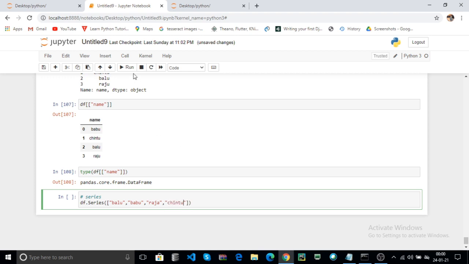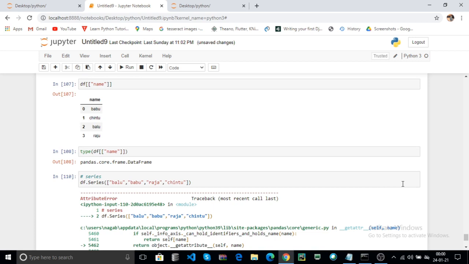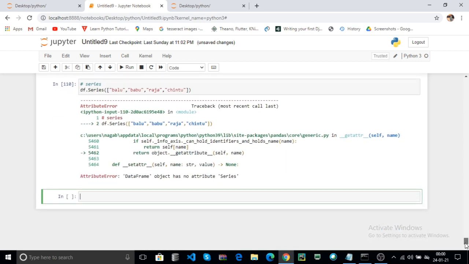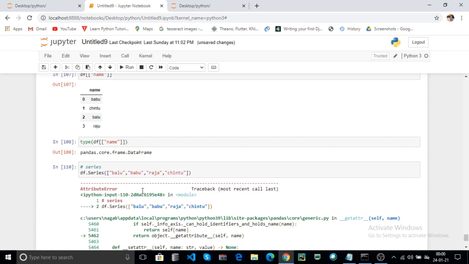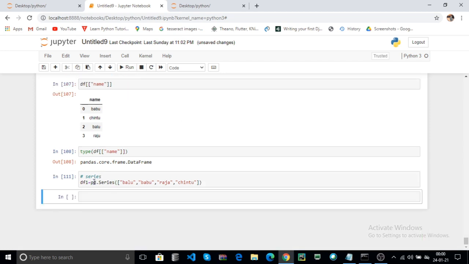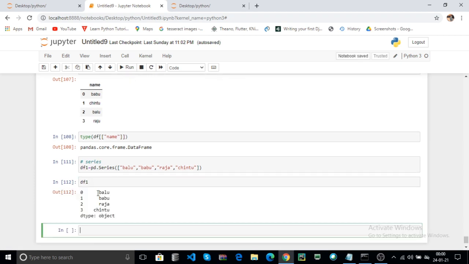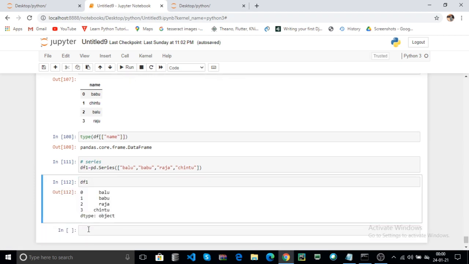Now click on run. Okay, the df is the data frame. Now we can use df1 equal to, the Series is a function in pandas, not a data frame. Click on run. Here you can check df1 is a series.